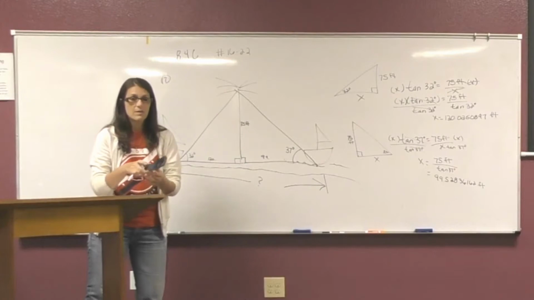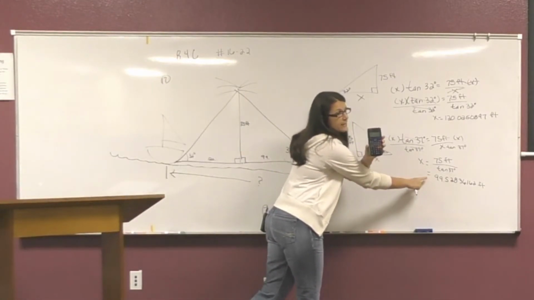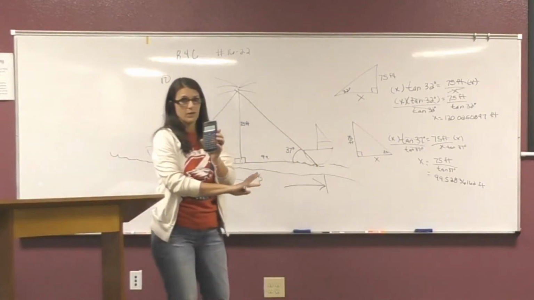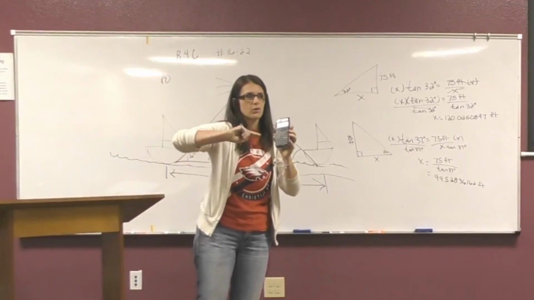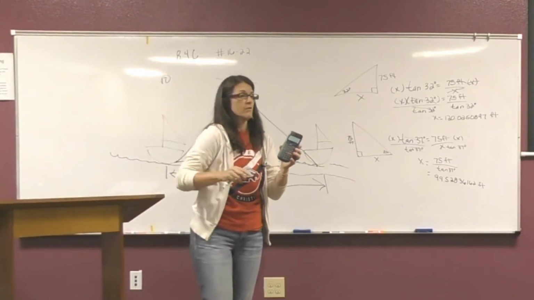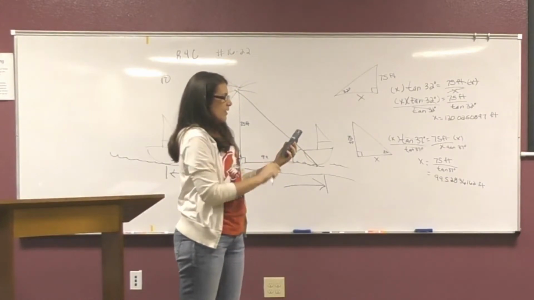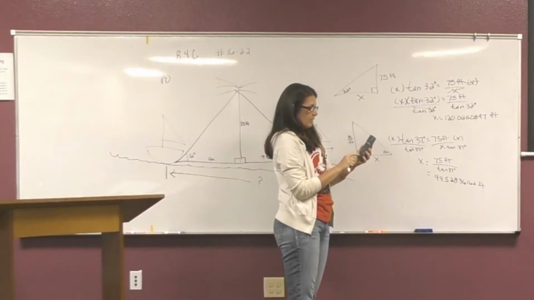This number is already in your calculator, so you should have left it there. Again, the less times you have to input a long string of numbers, the better. You have less chance of error. So from here, I'm just going to go plus, and then I'm going to very carefully put in